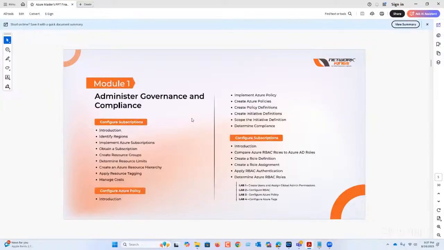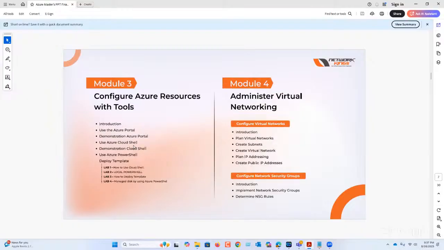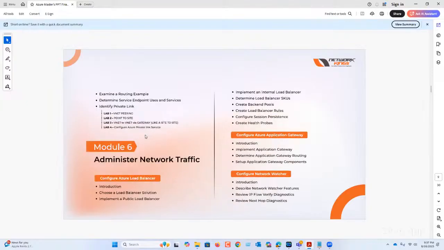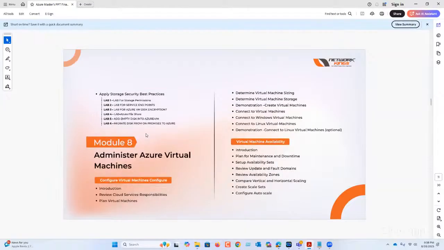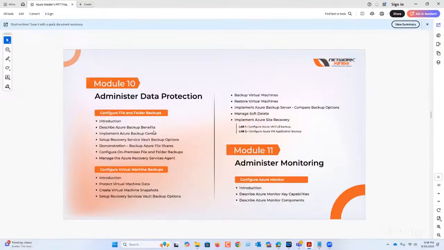So in this, we'll start with introduction, regions, then slowly we move towards your Azure policy, subscriptions, identity, Entra ID, hybrid identity, MFA, conditional access, Azure resources, how we manage, complete network, network security groups, DNS, VPN services, routes, load balancer, application gateway, network watcher, storage, VM management, PaaS services, and then backup and monitoring.